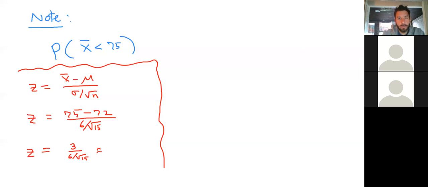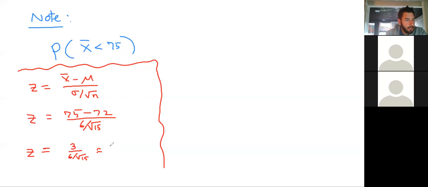Or if you want, you can remember your rules from when you were a kid in middle school about how to divide a fraction by a fraction. Multiply by reciprocals and all that. Okay, either way,